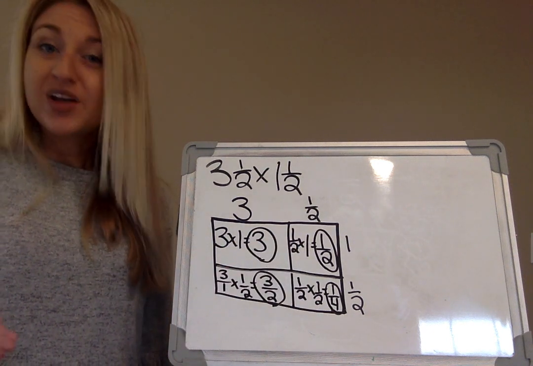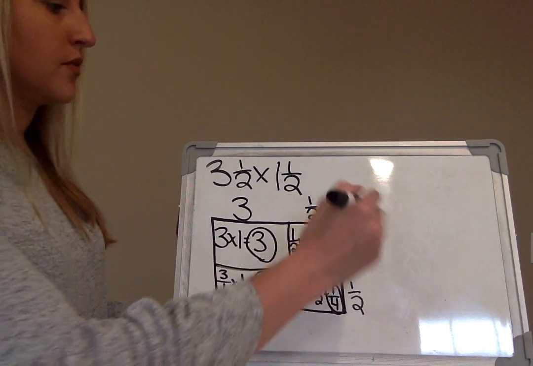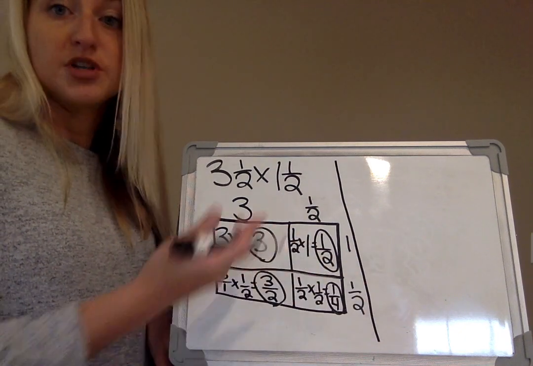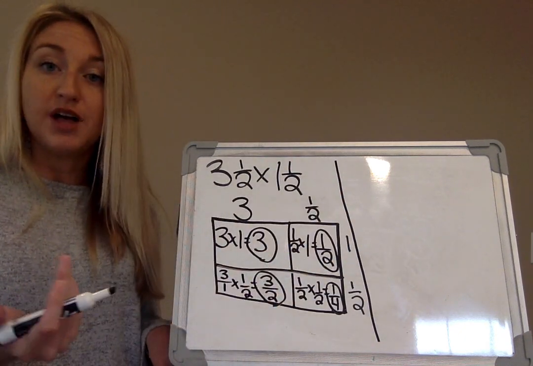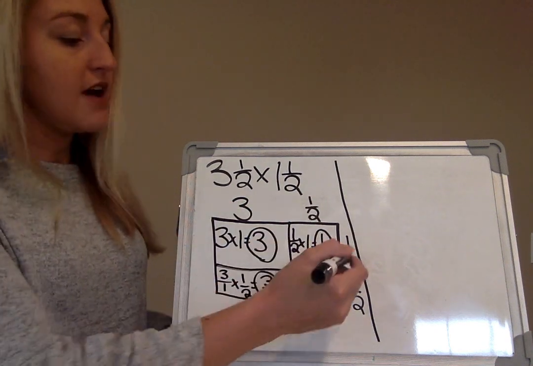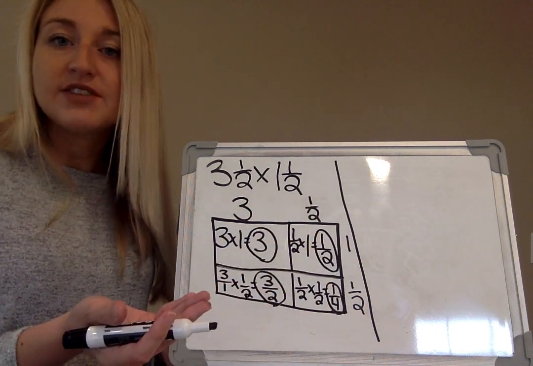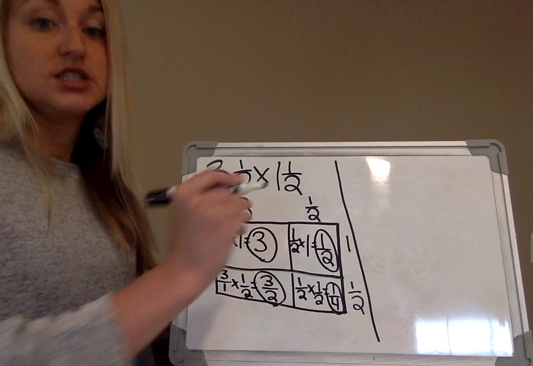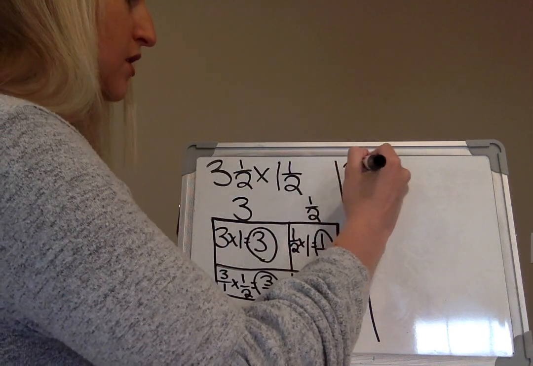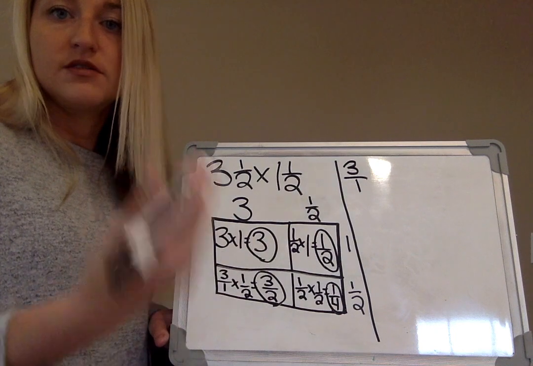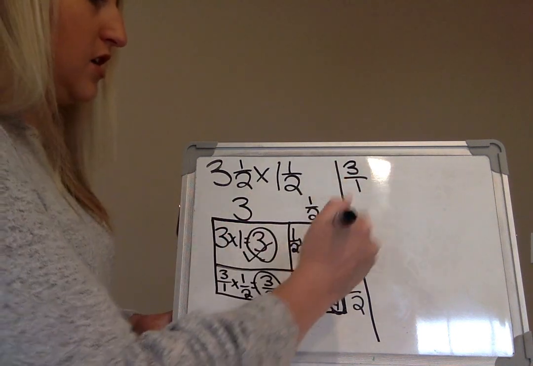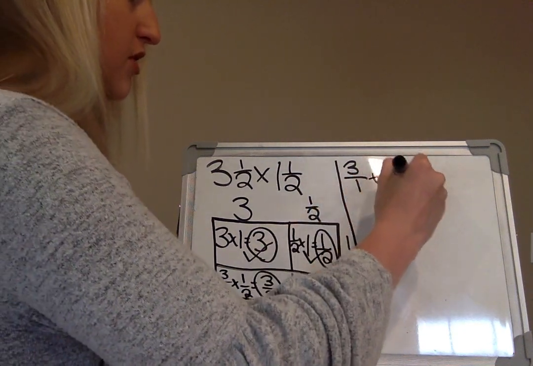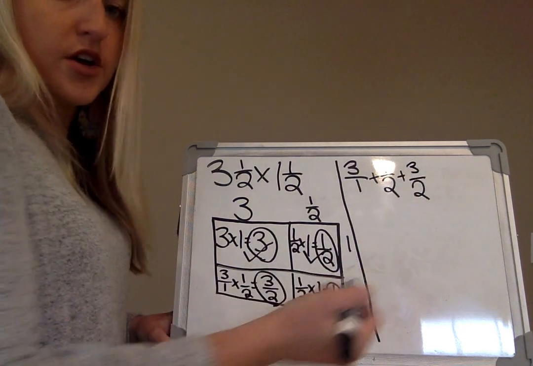When we go to add them this time, it's going to take a little bit longer. So let me draw a line so we don't get confused. I'm just going to take all 4 of my numbers and rewrite them over here because we know that once we multiply every number in the length by every number in the width and get our answers, then we just have to add them to get our final answer to what 3 1/2 times 1 1/2 is. So we have our 3. I'm going to put it over 1 because I'm adding fractions to it. Let me just put a little check there. Plus 1/2 plus 3 over 2